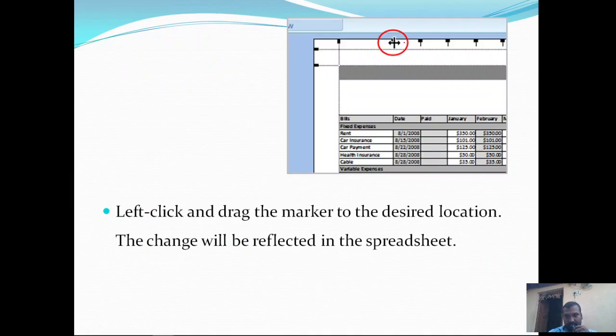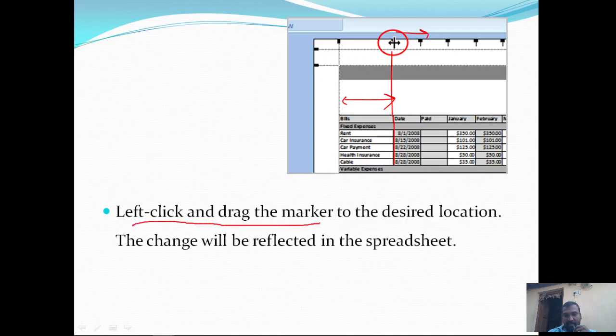So this is the double arrow. Now with the help of the mouse left button, this line represents the width of this column. If you want to increase the width of this column, by pressing the mouse left button, navigate towards the right side, then the size of this particular cell column is going to be increased.